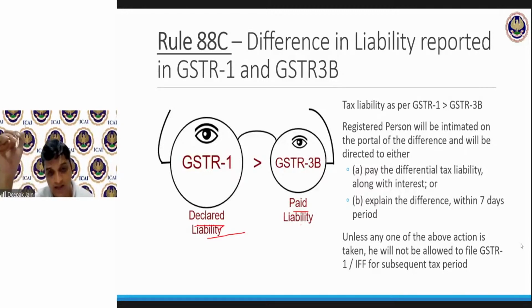But in other cases, that is, if an advocate supplies to you, registered or unregistered, or if you are taking services from a GTA, then you will raise a self invoice and that will come in your GSTR-3B. It will not appear in your GSTR-1. It will not appear in your GSTR-2A. Those reverse charge cases will be on the basis of your payment of tax.